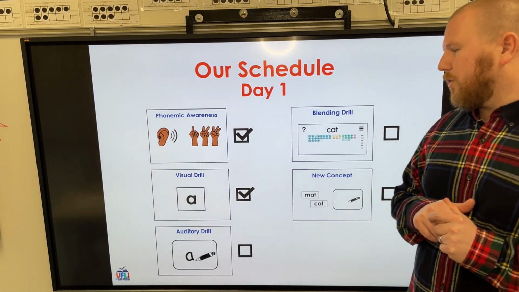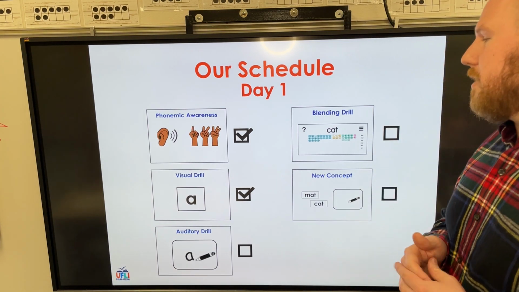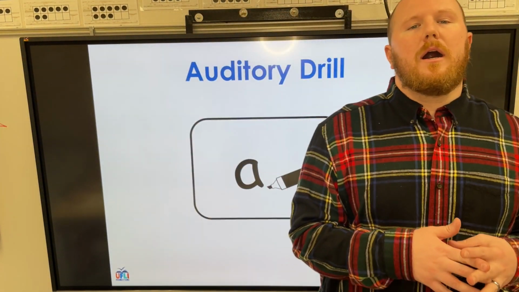Now let's move on to our auditory drill. So if you have your boards or if you have paper at home, paper, pencil, whatever it is that you are using to write, I'm going to give you a sound and I want you to try to write it out. I'm only going to pick three of them today to get us going, but what spelling can say there's a couple options here. What phoneme can say